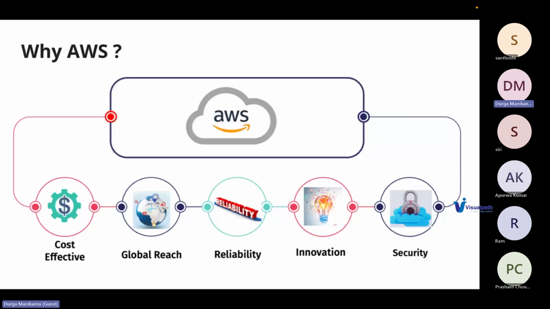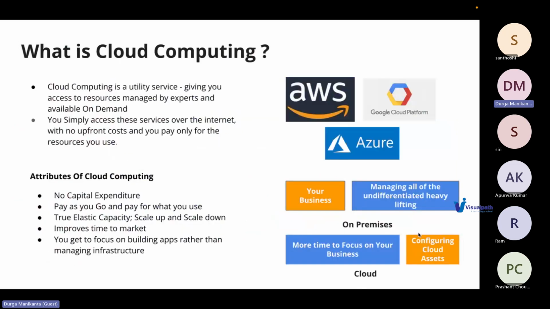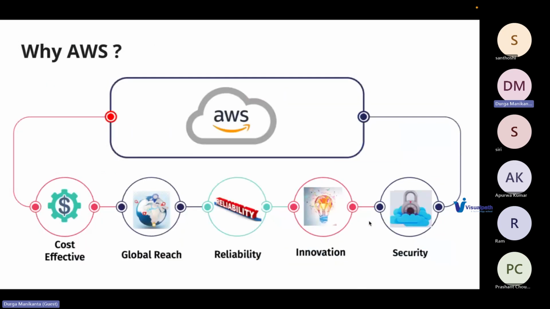What is a region? What is an availability zone? What is high availability? What is disaster recovery? We will discuss them in much detail when we get into the course. And also we are focusing on innovation. Just one slide back, you're focusing on developing your application and not worrying about managing infrastructure. That is where you spend most of your time to innovate your application and bring your innovation into reality. And the last important thing is security.